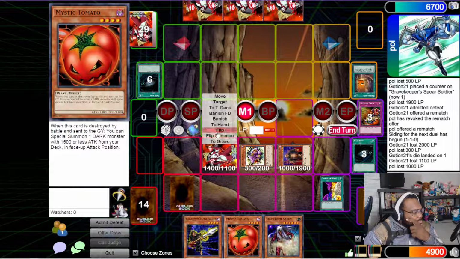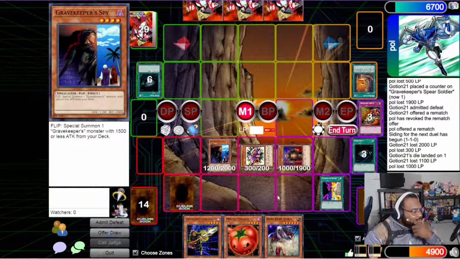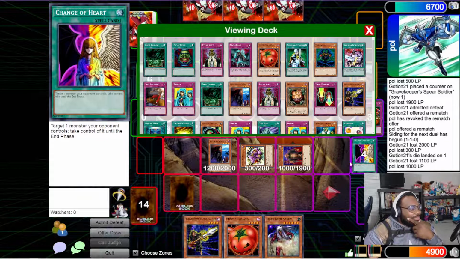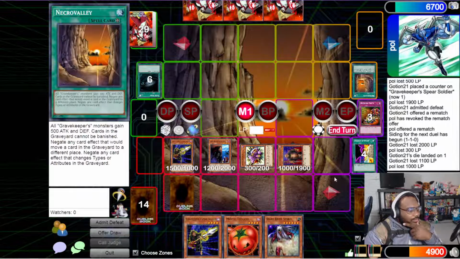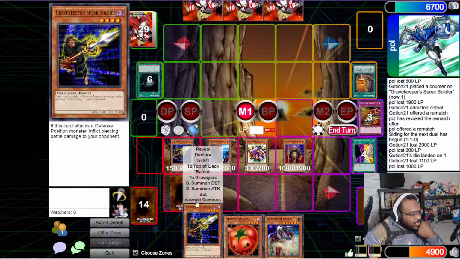I'm going to flip it up to see what it is. Ooh, yeah, I'm going to do that. Figured. So I'm going to special summon a Gravekeeper, and I will be special summoning... I'm just gonna go for broke. I'm just here for it, right? Because why the frick not? And then I'm going to normal summon my...